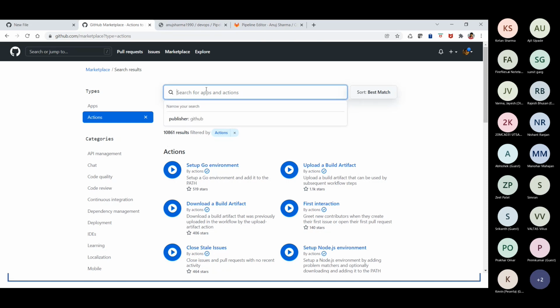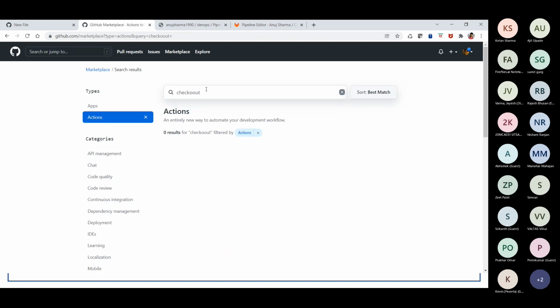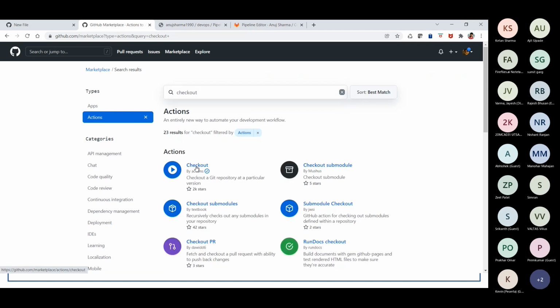For example, checkout. So this is the checkout option available there.